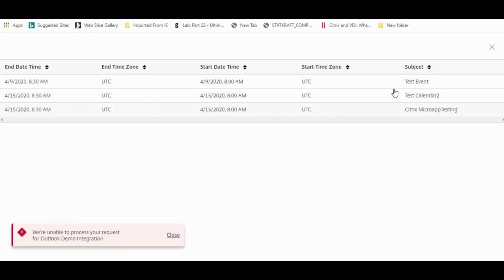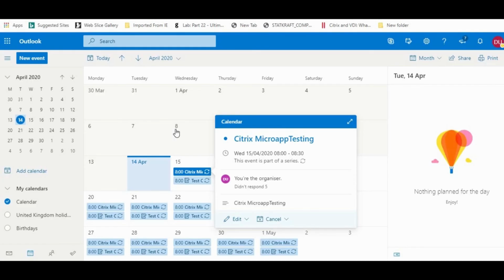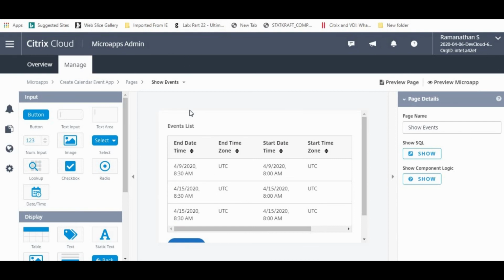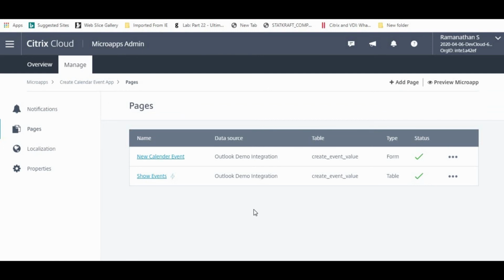So this is the quick demo of the micro app that we have created. I think this is a fantastic tool that I could see, but down the line we need to enhance it more and more so we can integrate many products along with this tool. So I think it's a good tool, it looks to me.